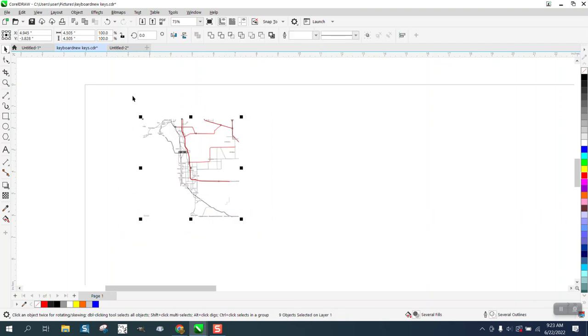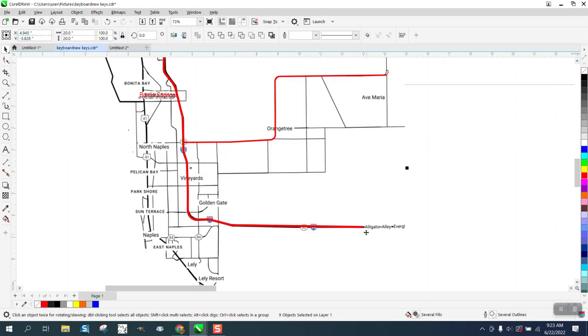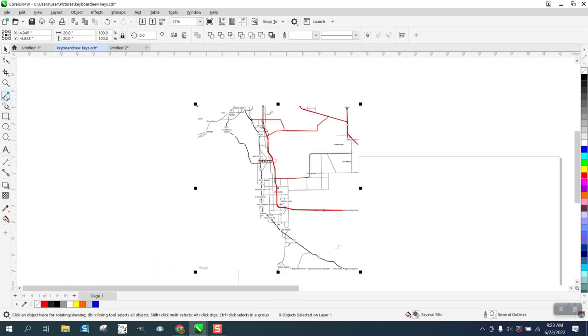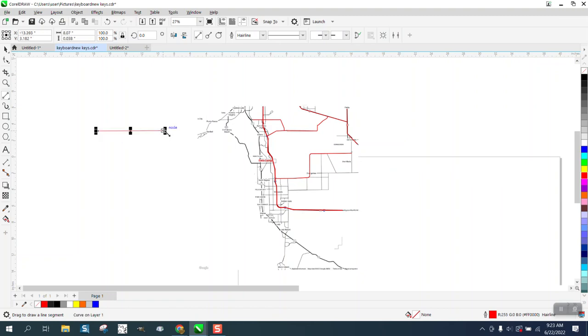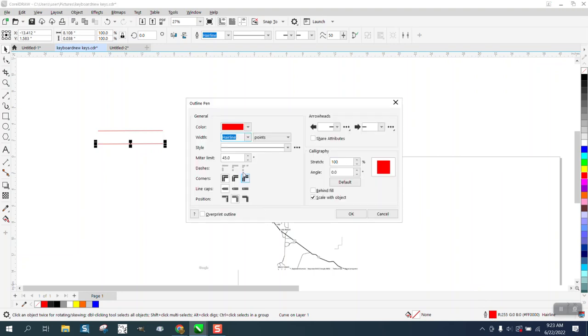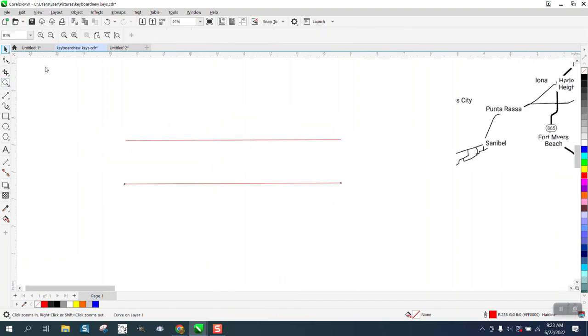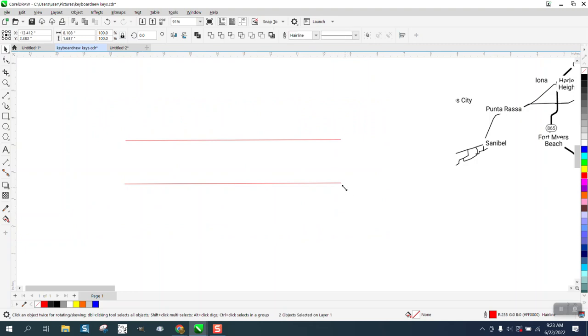Now let's make this map 20 inches with the ratio locked. See, the line stayed the same. And we'll do a little example right here. We'll draw one line that is scale with object, and another line where we take away scale with object. Now if we look, because we're already big, but if we take these two lines and bring them in,